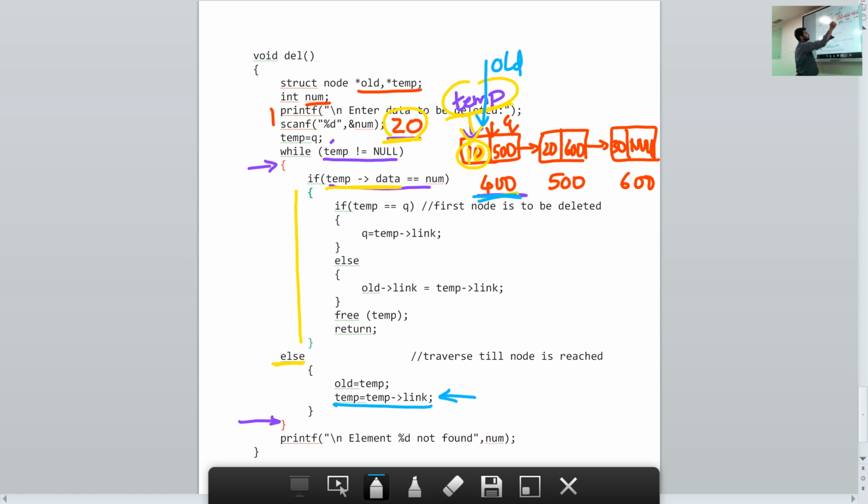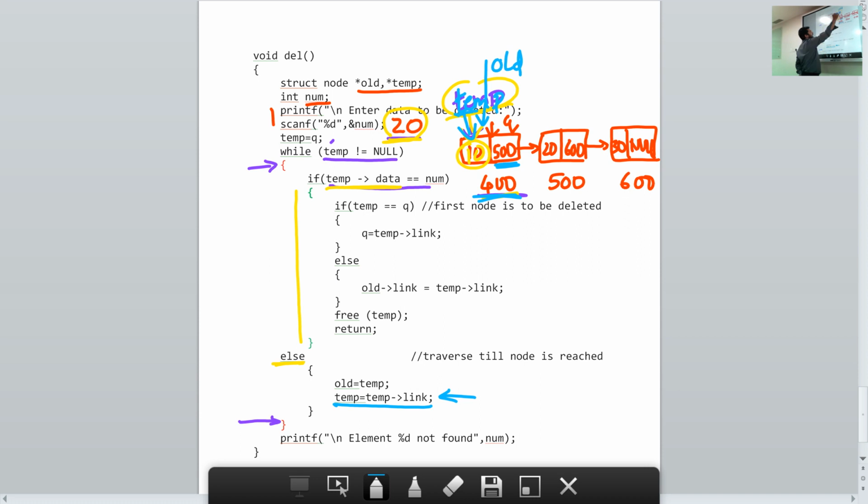So temp arrow link, how do we shift? Again, please refer to my basics of programming, I have explained there how we do the shifting. So temp arrow link, what is the value?